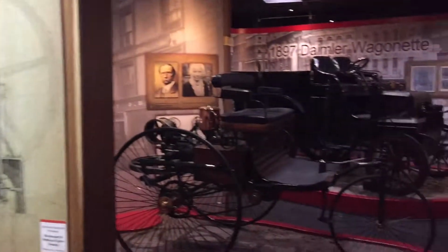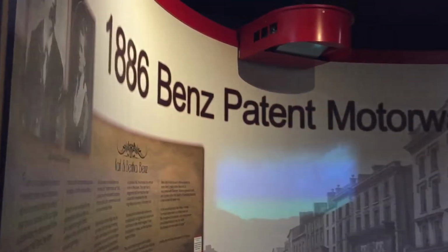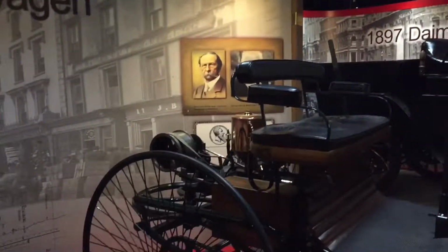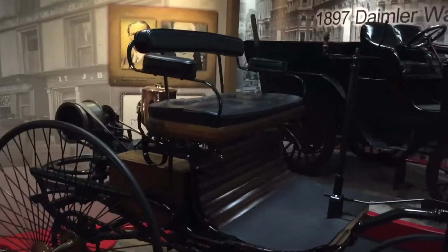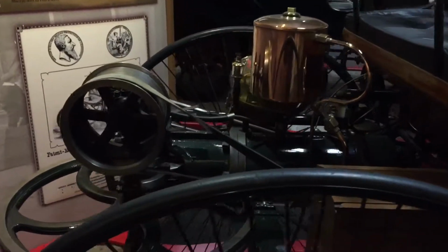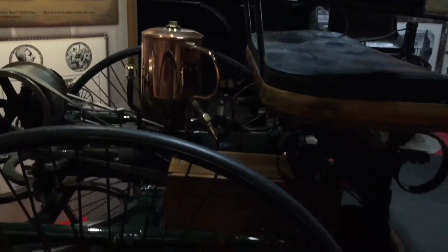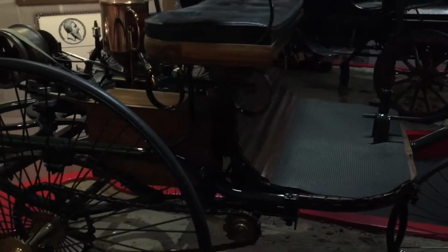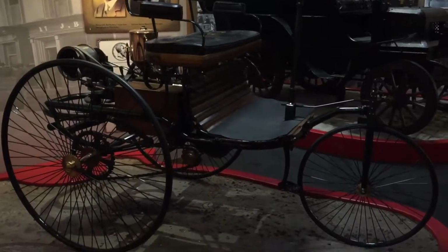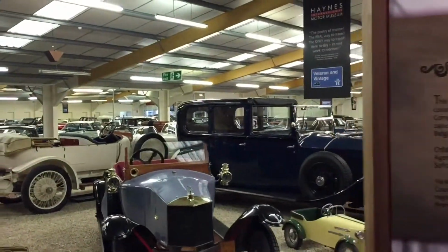So when you first enter the museum, the first car you see is the 1886 Benz Patent Motorwagen, which is this one, which is the first ever car. There were some breakdowns because the brakes were not very good. Wow. Wouldn't like to drive that one, Jerry. And now we go into the main museum,